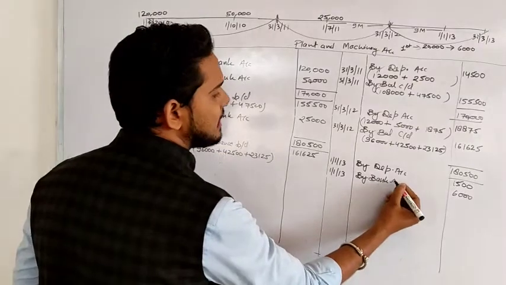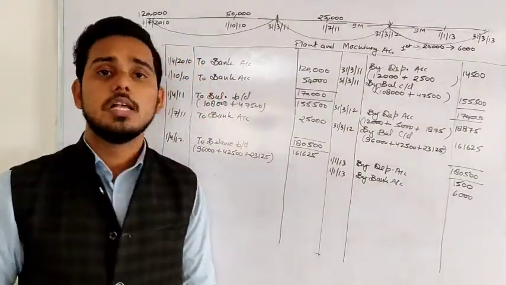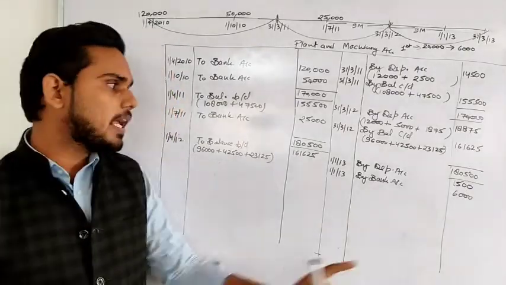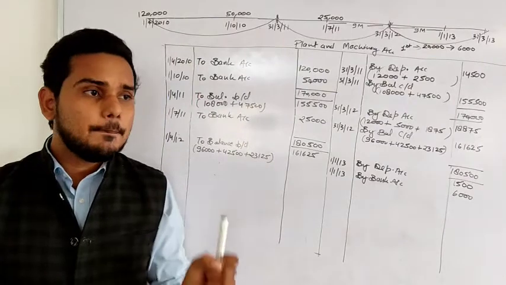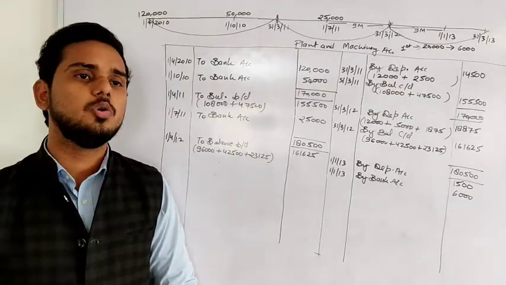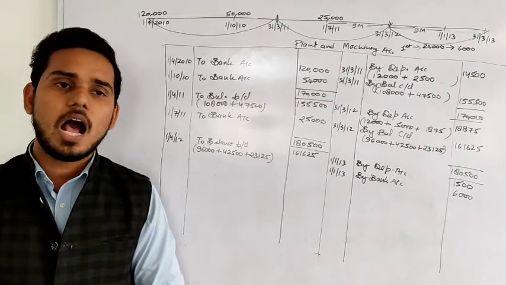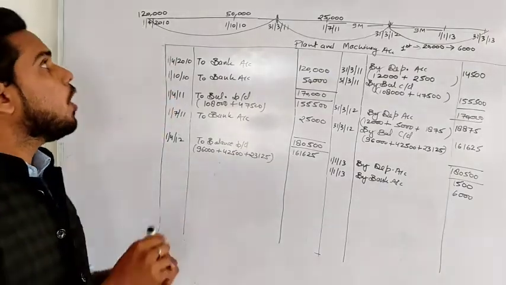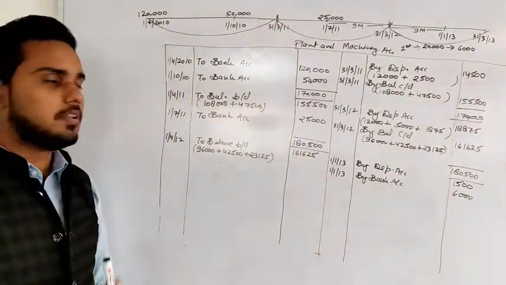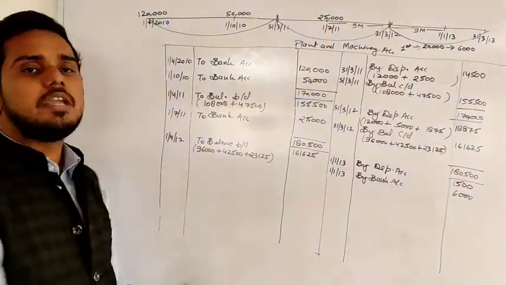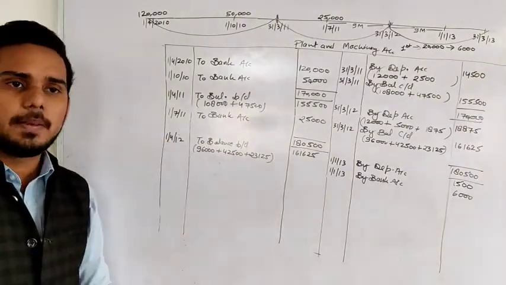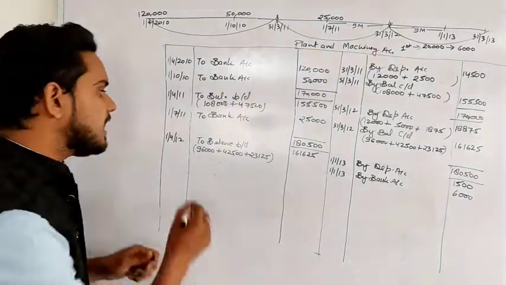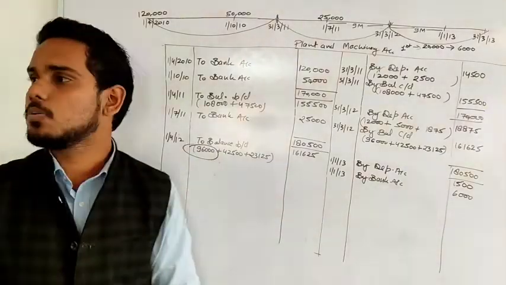Whenever we sell any asset, we will sell either at profit or loss. So how can we find the profit or loss? That's very easy. We need to compare the sale price with the present value, the current value of that particular asset. How can we find that? That's easy. We know the value of the complete machinery. See one thing. Here we have the opening value on first April, and that part which we are selling is included in this one, 96,000.